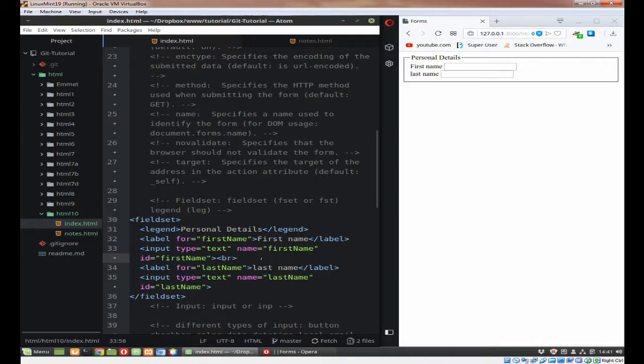Okay, so there we are. Not very pretty, but you can actually enter some details in there,